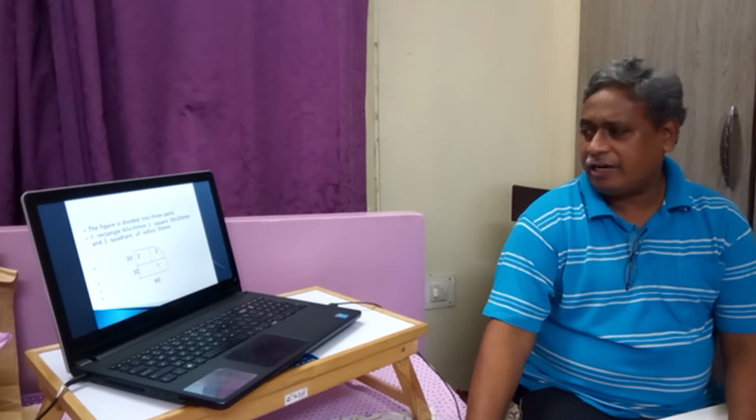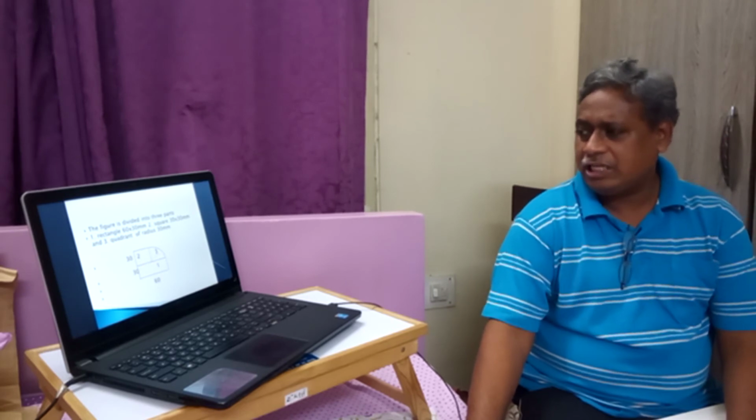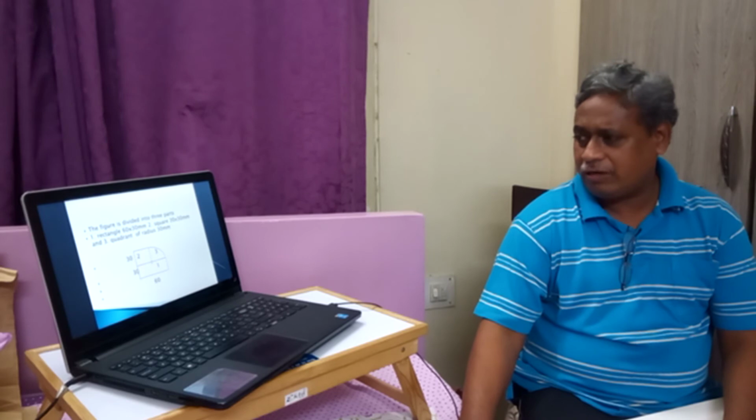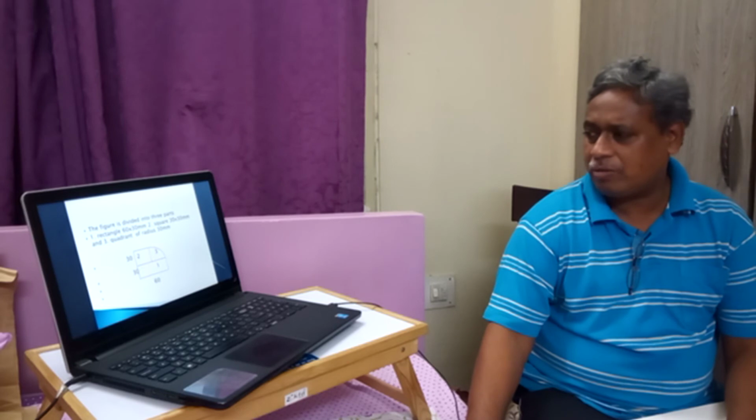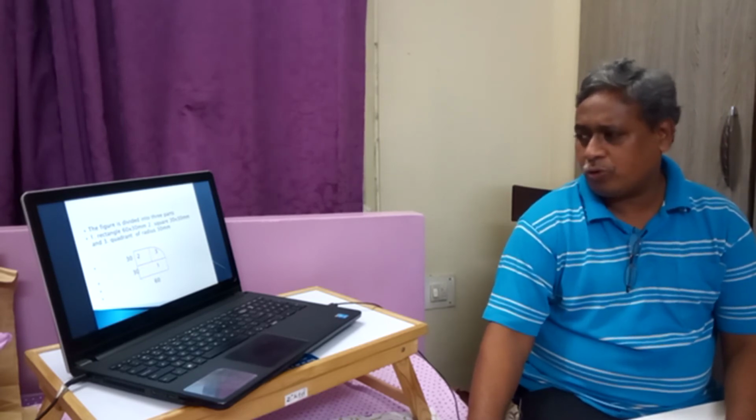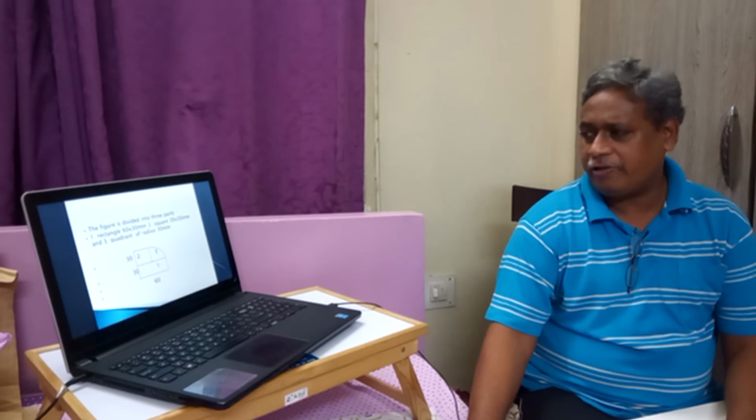Similarly, this quadrant has its centroid from its corner, from its bottom, at 4r by 3 pi and 4r by 3 pi. But to reach that 4r by 3 pi, if we start from here, we have to cross 30 plus 4r by 3 pi. Therefore, in the x direction it is 30 plus 4r by 3 pi, that is 30 plus 4 into 30 by 3 pi, that is 40 by pi, that is 12.73, so 42.73. Similarly for y also, 30 plus 4r by 3 pi, that is 42.73.